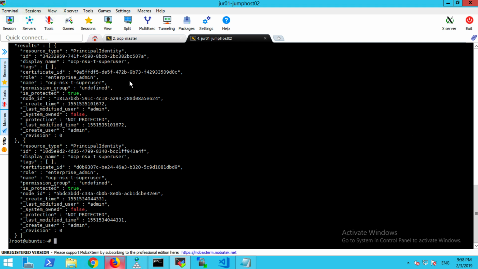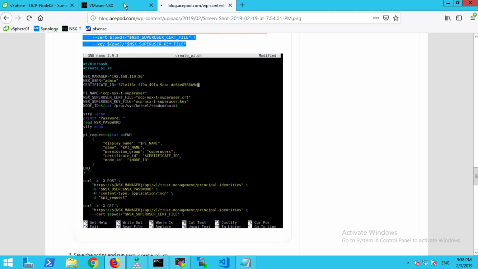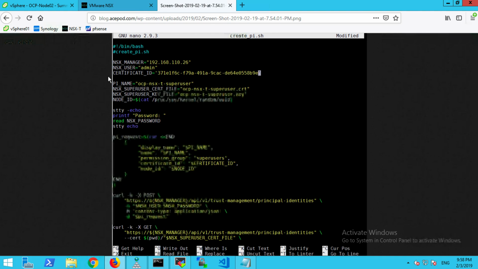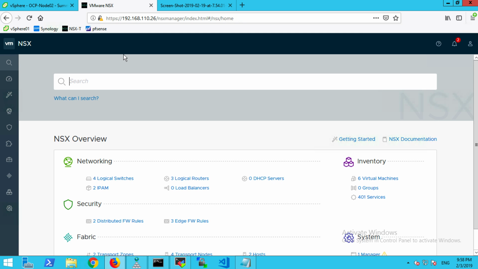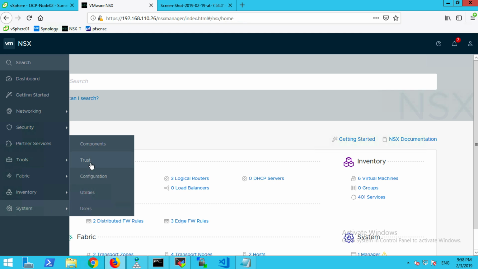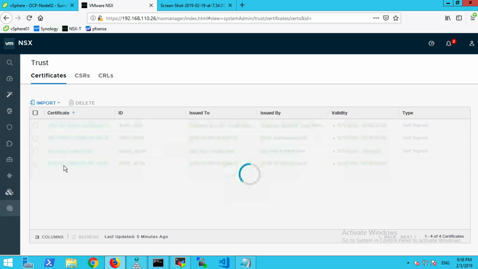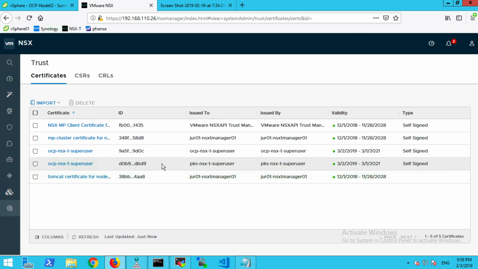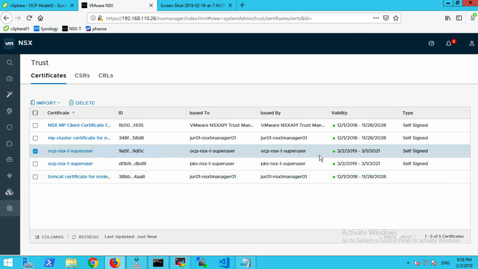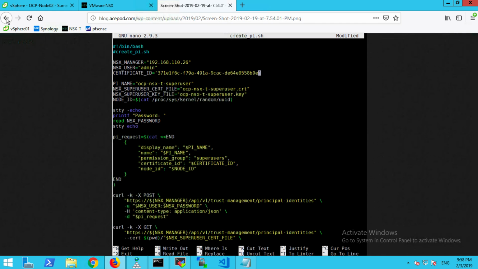So if you go into your NSX-T manager, you go into trust, you should be able to see that cert being created. If you see over here, sorry, this was the one that was done previously, so this is the right one. That's been done. All right, so next thing,